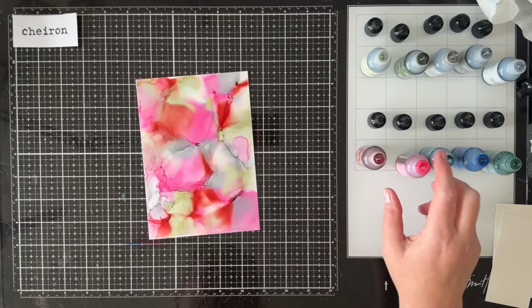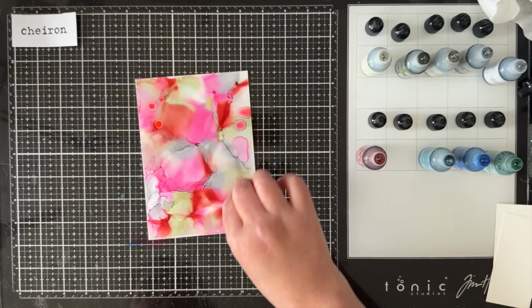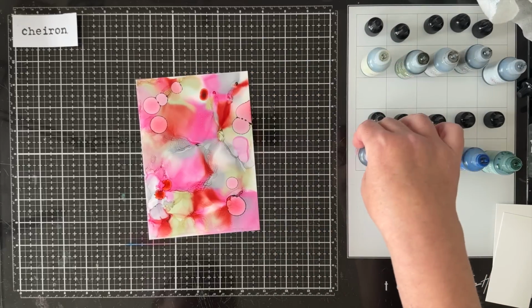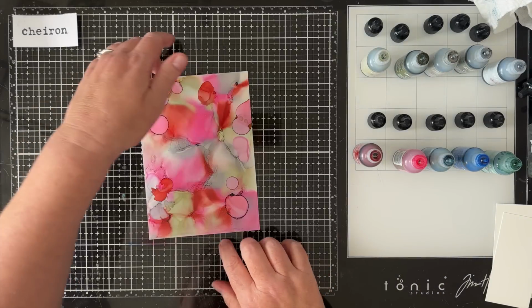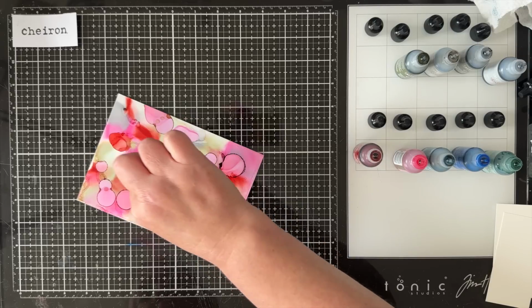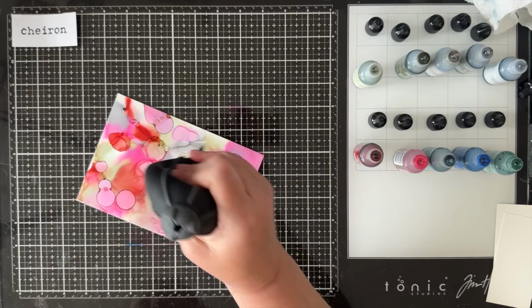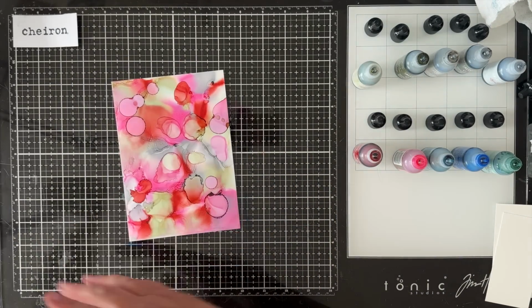Okay, and once I start to dry it, I'm going to look and see where I might want to add a little more color in some spots. It's definitely going to start moving the color. Maybe add a tiny bit more brick just down to the bottom. Another dot up here. And then we'll move that stuff around. And then maybe a little Chronicle just in the center to break it up. Same thing, I'll also go ahead and move this color around. Now for this panel, it's pretty much dry. I'm just going to give it a little